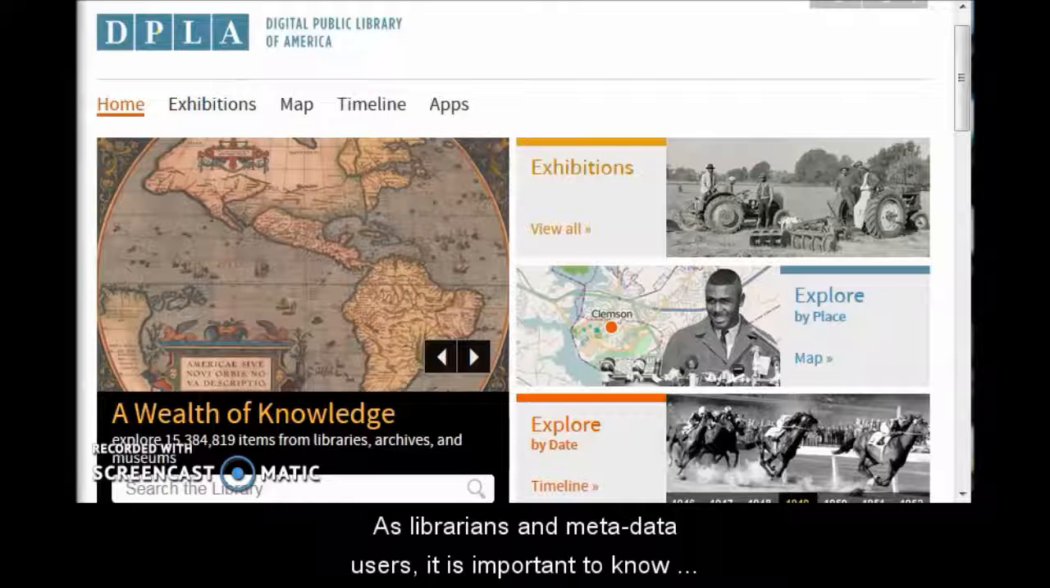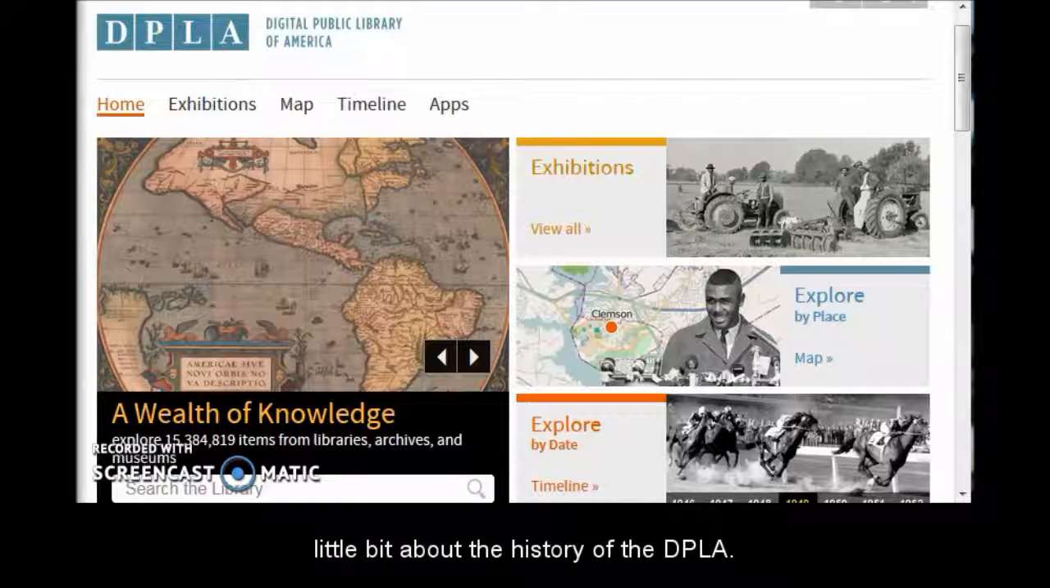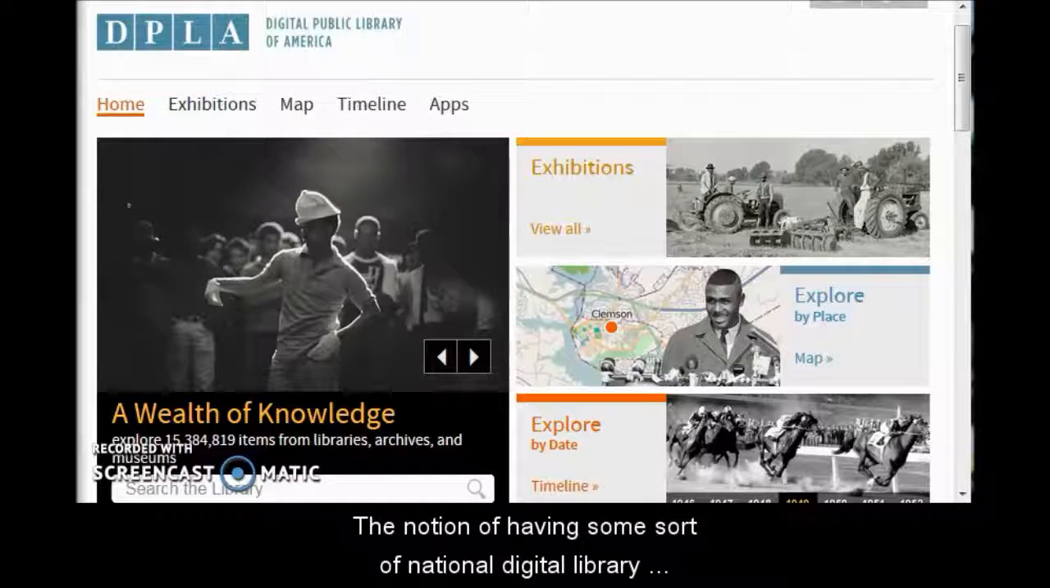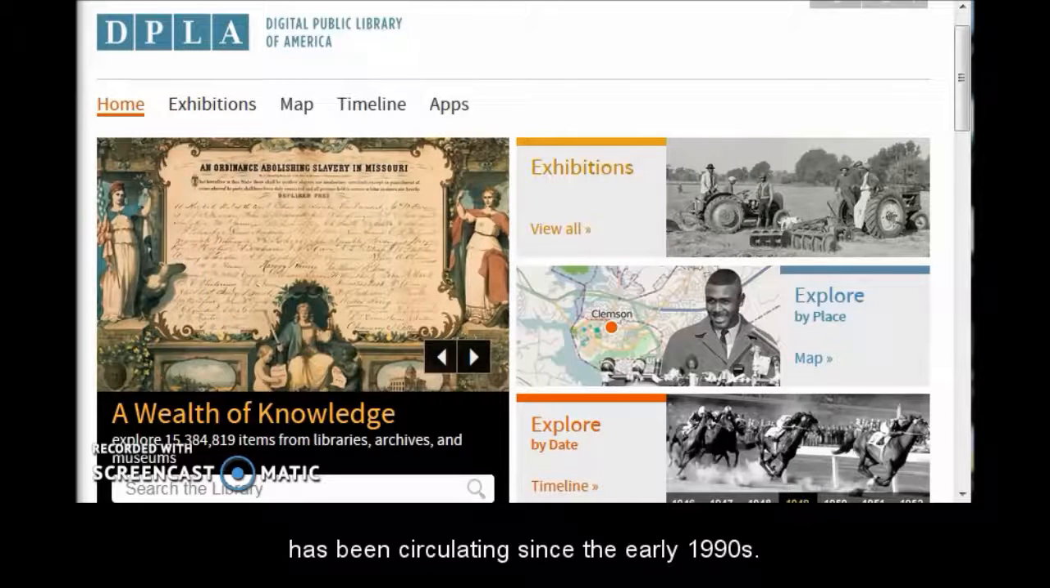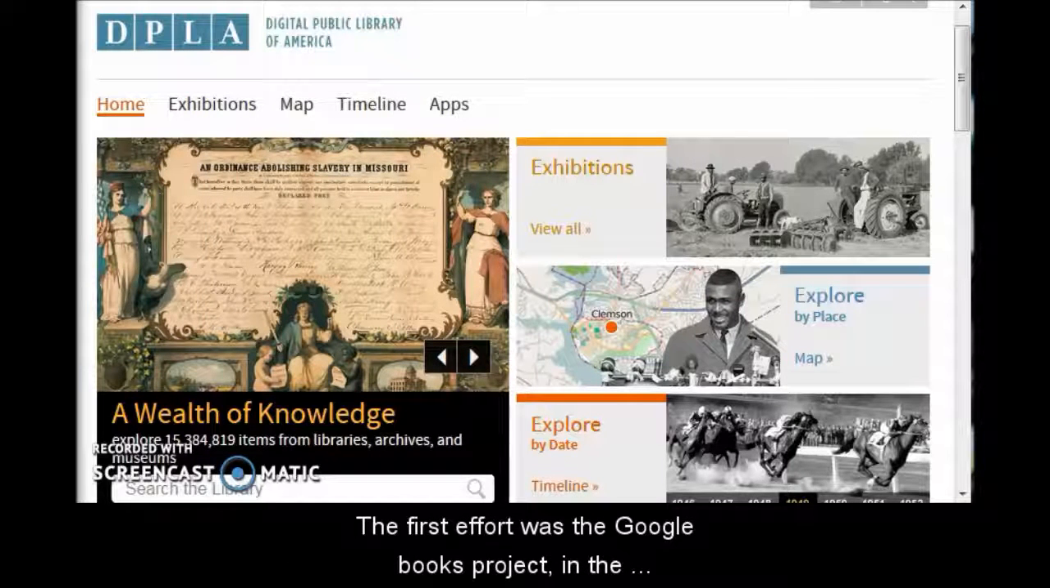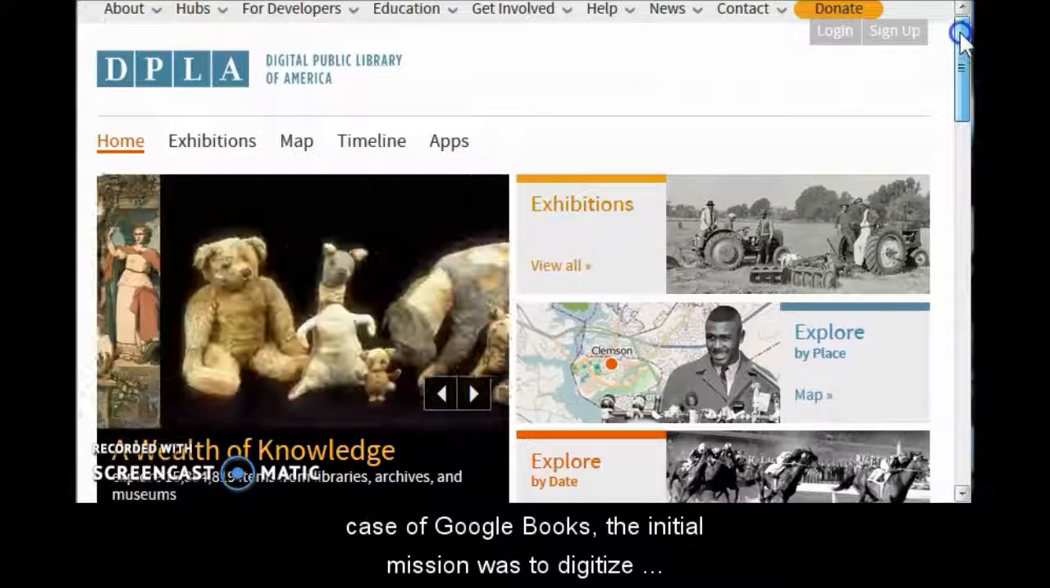As librarians and metadata users, it is important that you know a little bit about the history of DPLA. The notion of having some sort of national digital library had been circulating since the early 1990s, and the first effort was the Google Books project. So, in this case,